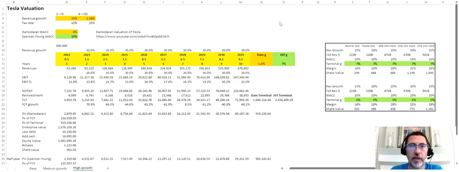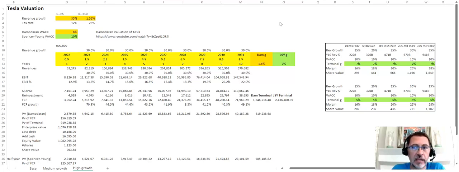Last week I was doing a masterclass on valuation with a management team, and we valued several different businesses as part of the masterclass. But I got the question about what is the value of Tesla. Of course, it's on everyone's lips. Everyone wants to know, is the share price overvalued or overpriced, and what do I think? And I didn't have an answer because I hadn't done the valuation. So I thought, okay, let me go and get it done. So that's what I've spent a couple of days doing, and I'm going to run you through the valuation.